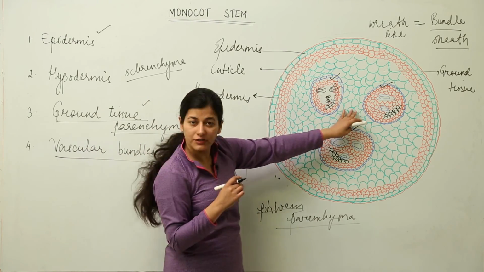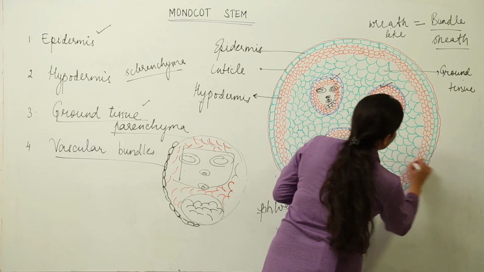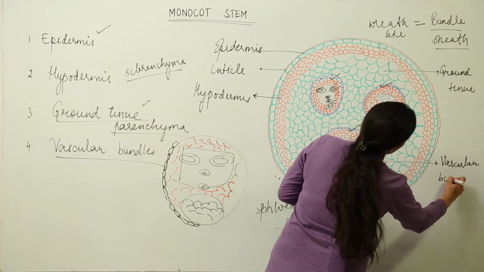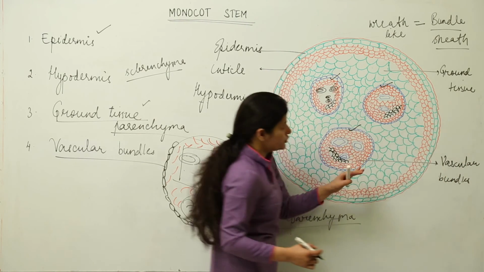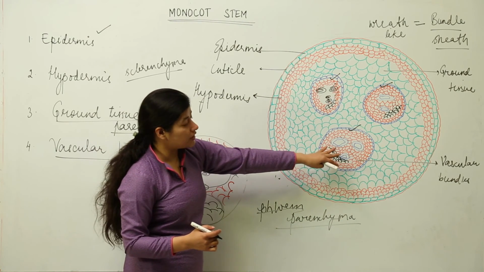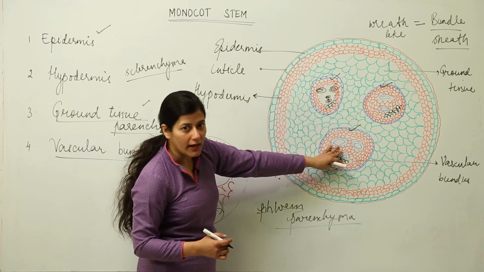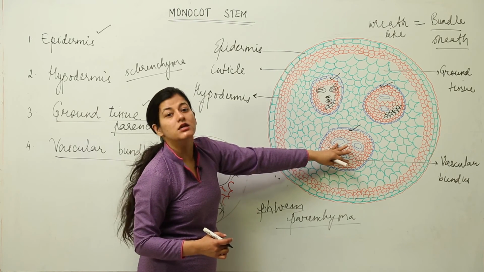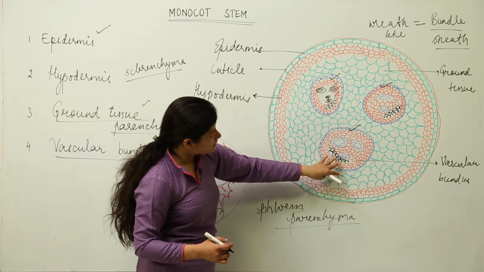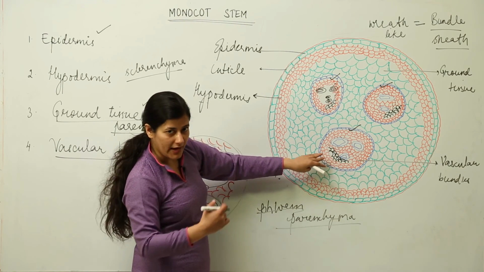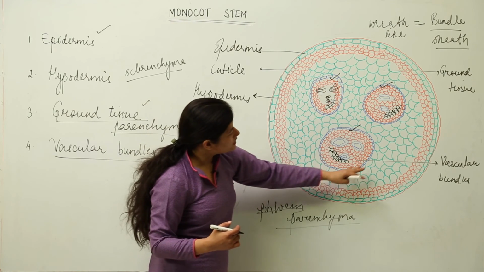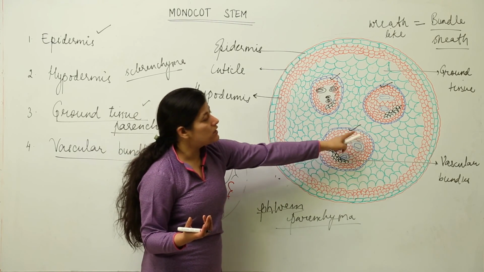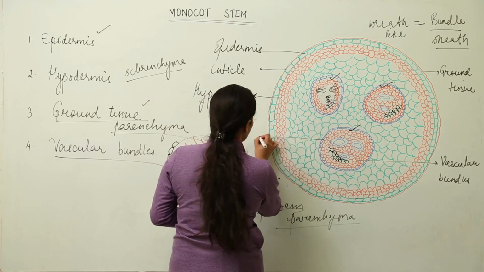Then moving further, we have the ground tissue, and lastly we have a vascular bundle, not a vascular bundle, many vascular bundles which are scattered in the ground tissue. And the vascular bundles have such an arrangement of xylem that it looks like a Y, where the lower arm represents the protoxylem while the upper one represents the metaxylem. There is an arrangement in such a way that the phloem lies outwards to the xylem and the rest of it is again the parenchymatous tissue, which is surrounded by bundle sheath cells. So this part is also to be represented.